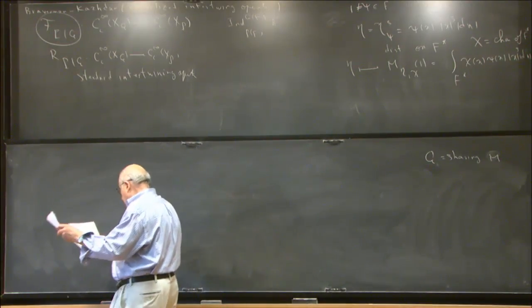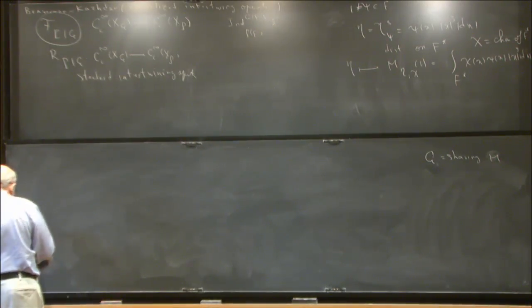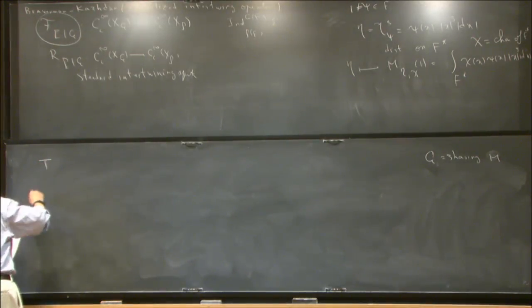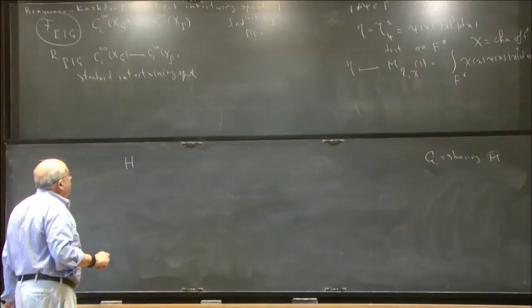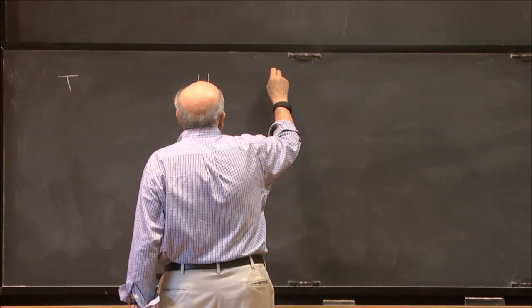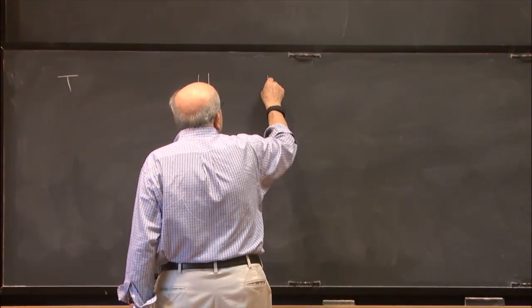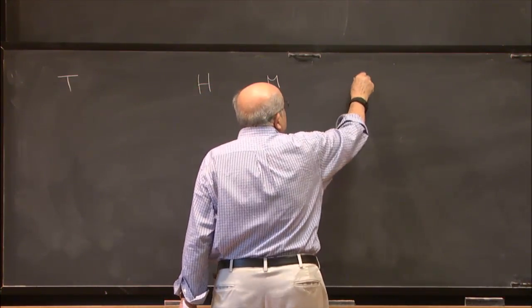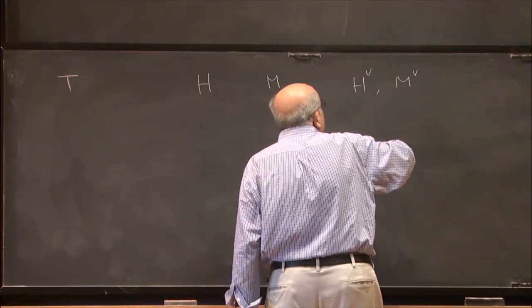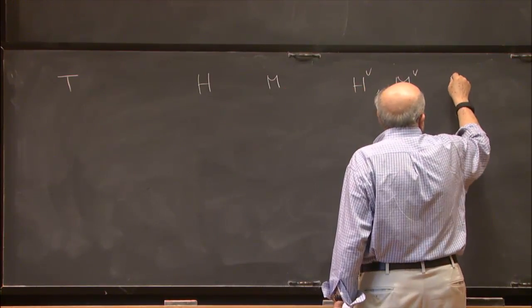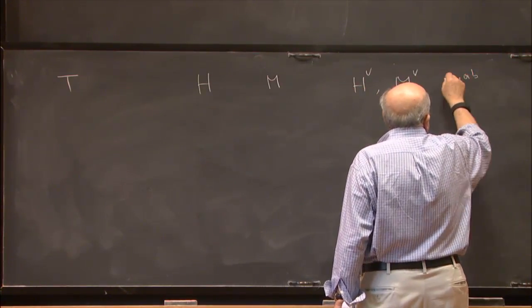What we need is only our case. You will take a torus T. I'm going to take this group, a split torus H that we had. I'm going to look at M, and all the complex groups attached to them, M check. I'm also going to look at the L group of M, abelian check.